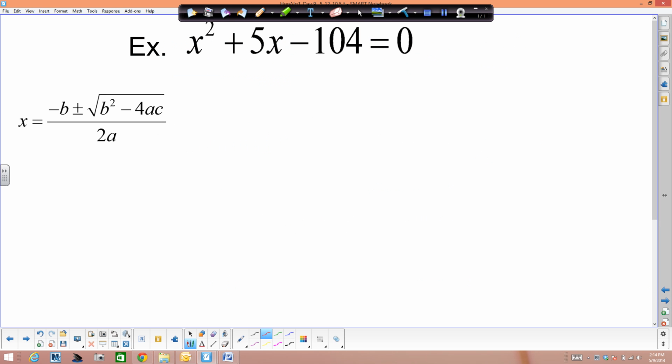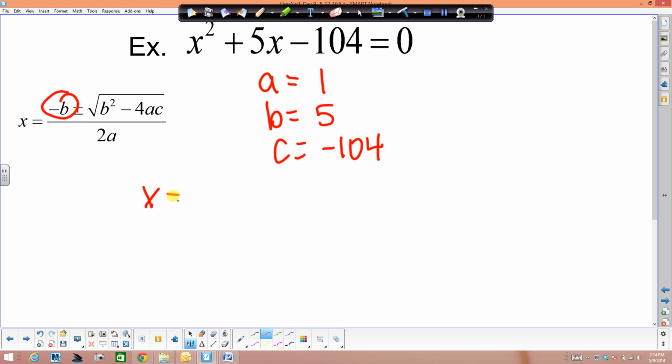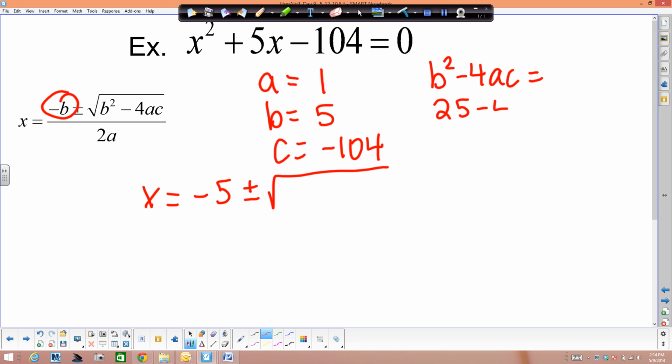Alright, so if we have this equation, x squared plus 5x minus 104 equals 0, from this we can find a, b, and c. So a is equal to 1, b is equal to 5, and c is equal to negative 104. So when we plug this into the formula, notice this first part is the opposite of b. So I'm going to have x equals negative 5, and then plus or minus the square root. And typically we're going to do b squared minus 4ac by itself first. So if I take b squared, I'm going to plug in 5 squared, 25,